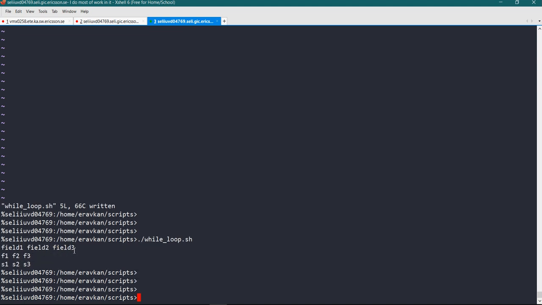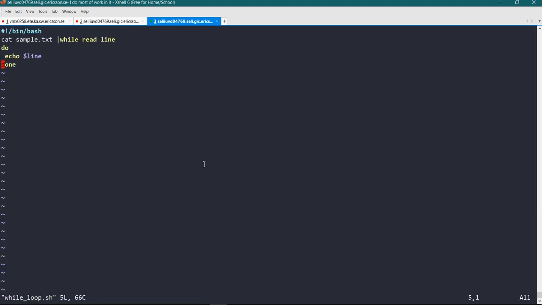Now there can be a scenario that this is a header and I want to ignore it. So I can do one thing by using the awk command. I can ignore this. So what command I want to write, I can write here. Then I can give it by using pipe as an input to the while command. So I can write the awk command, and I don't want the first header line, so I can write NR not equal to 1, print.